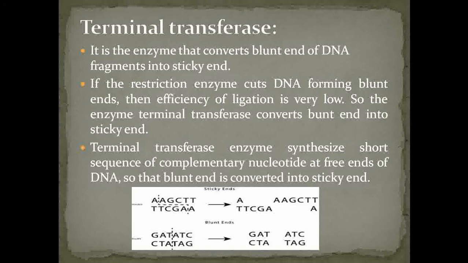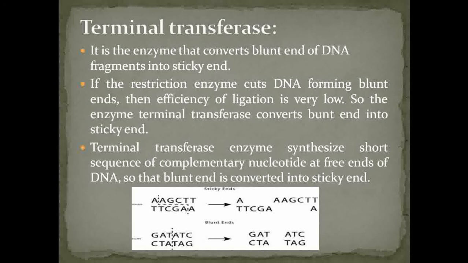Sticky ends means, whenever the restriction endonuclease cuts, see here, there is one example. If this restriction endonuclease cuts the DNA at the site A and A, so see here, at both the strands